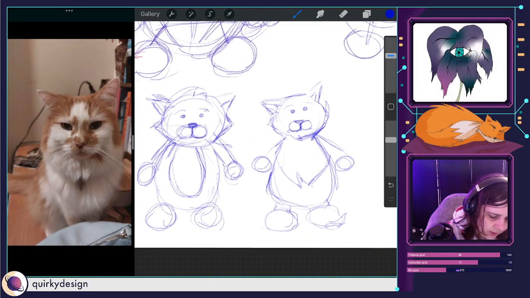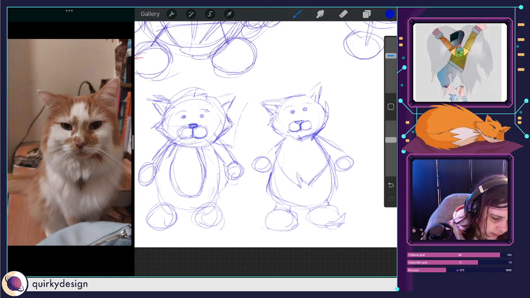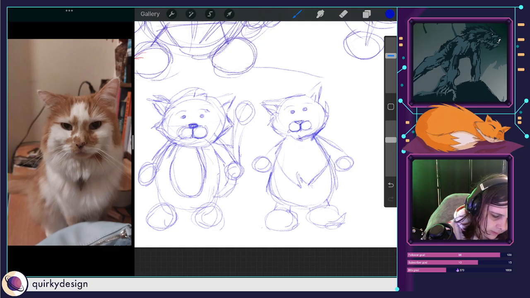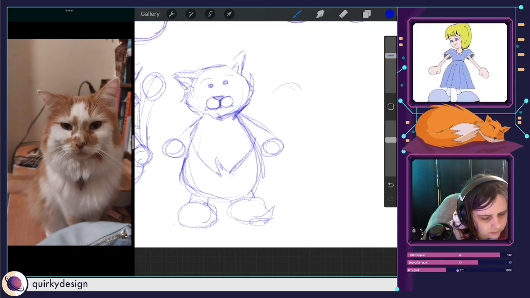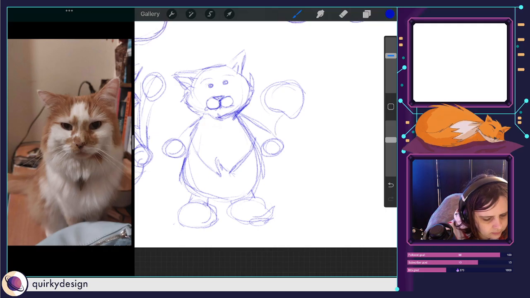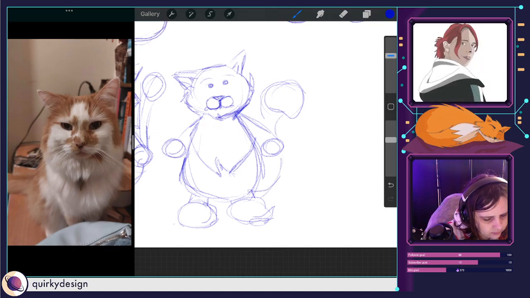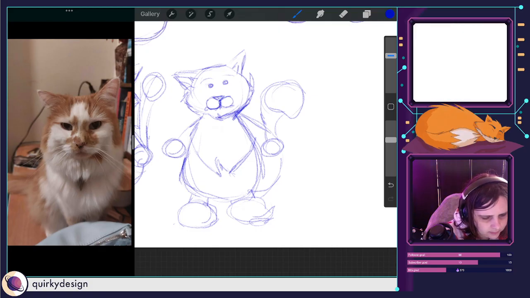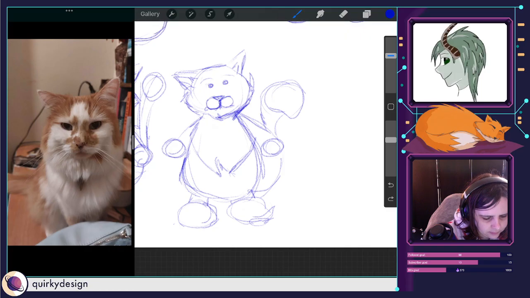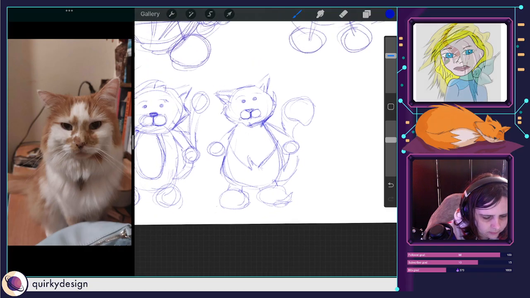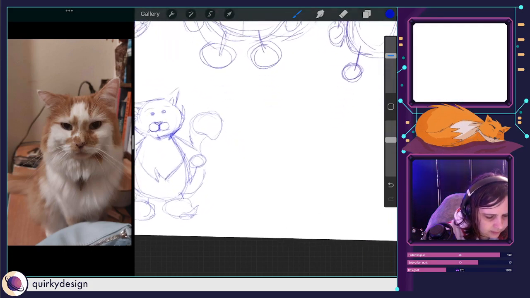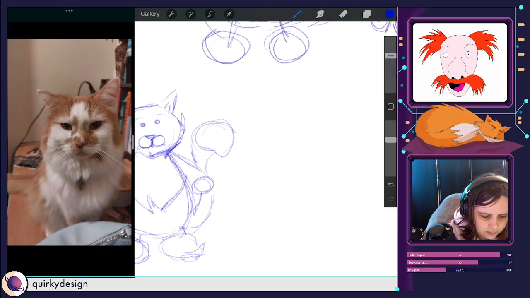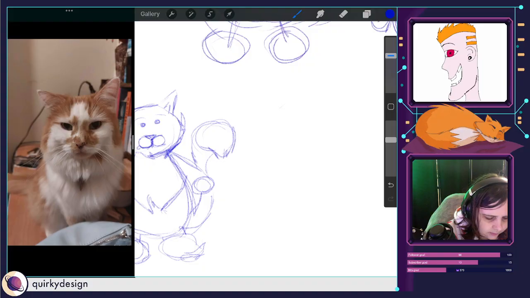And then I have forgot his tail on the last one, so add his tail in. I like the tail on that, kind of works nicely.